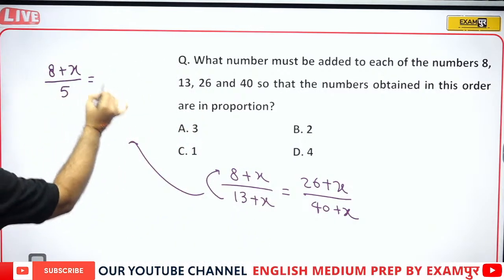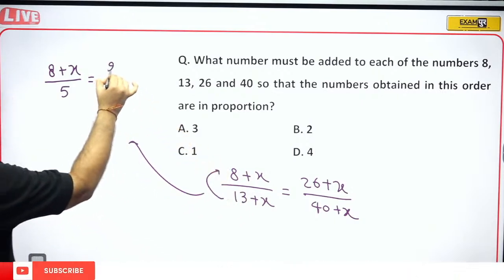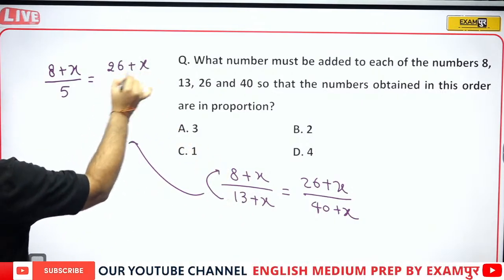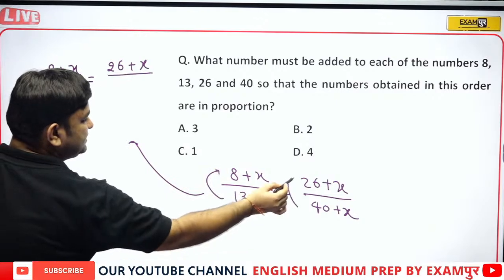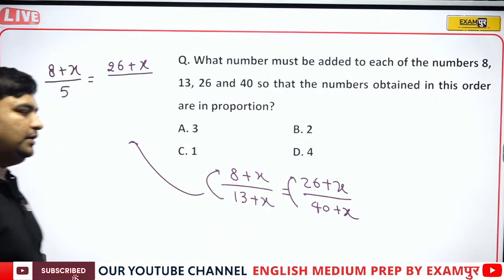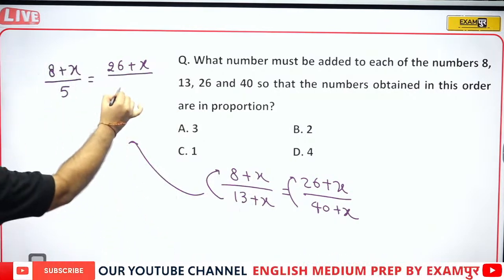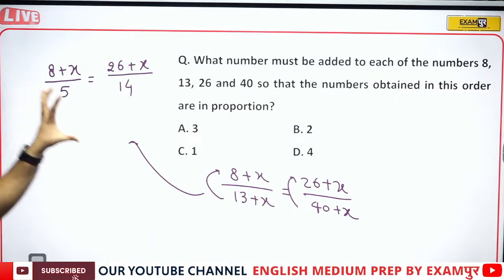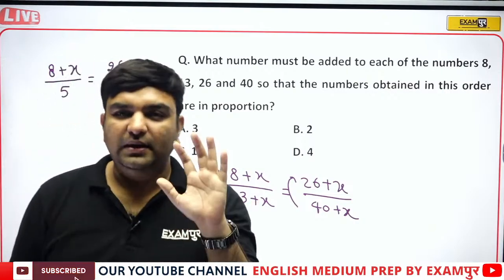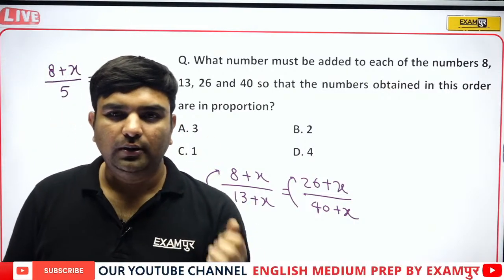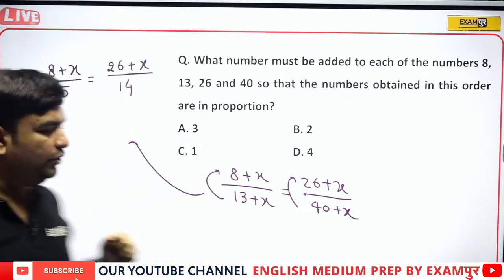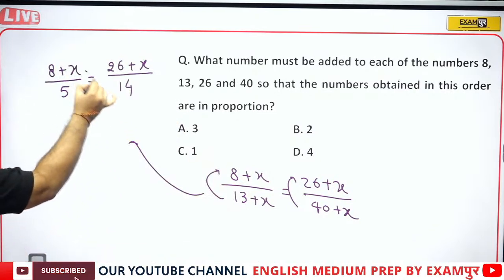Then I will keep the numerator as it is and apply dividendo, that is this minus this, which will come out to be 14. I know it's not too much getting solved, but still it's beneficial for you. Once you cross multiply it,